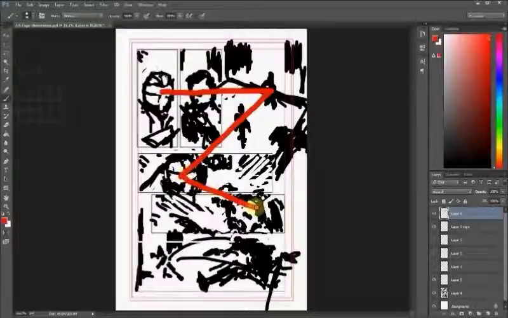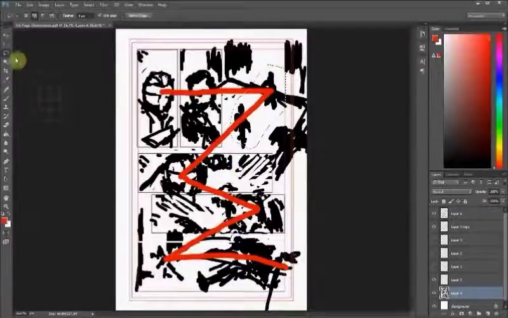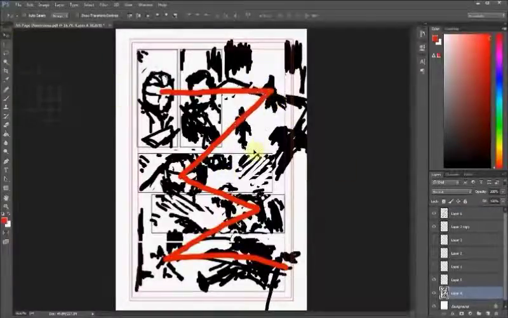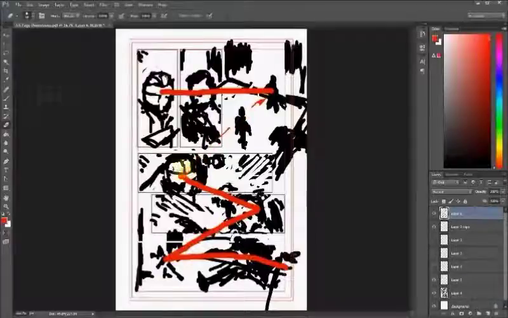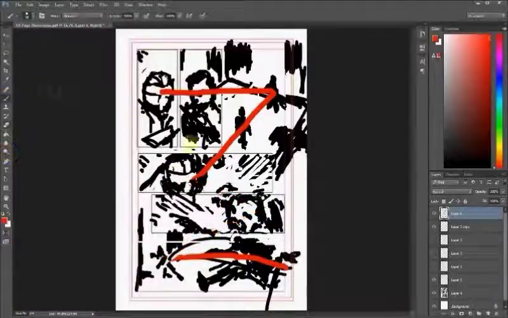Now this is the action line. This is the line that will hopefully be the line that the reader subconsciously follows as they look through the page. And here I'm just tweaking things a little bit so that they line up a little bit better. It is quite important to think in those terms. You don't always have to have one very clear line of action. It's not always possible. But in this case, for the purposes of this exercise, I thought it would be handy